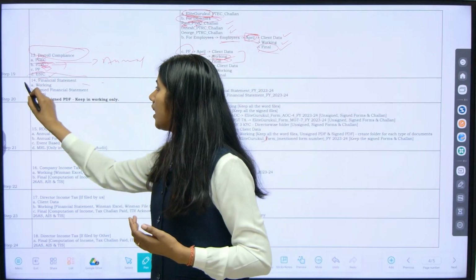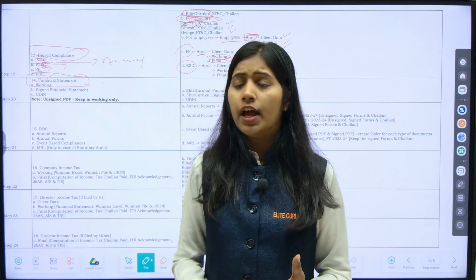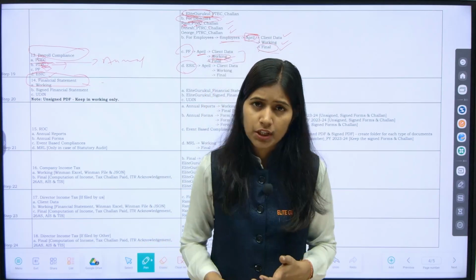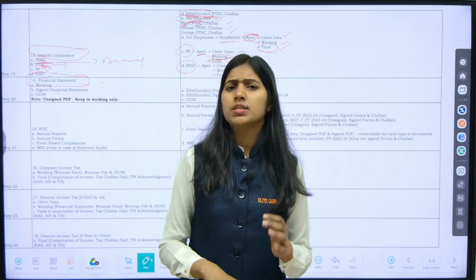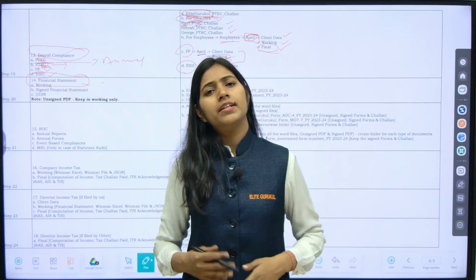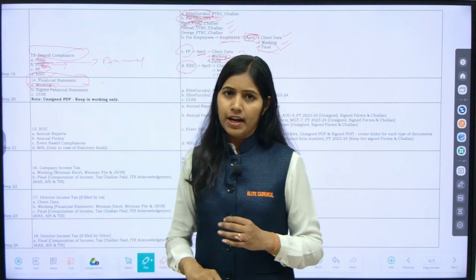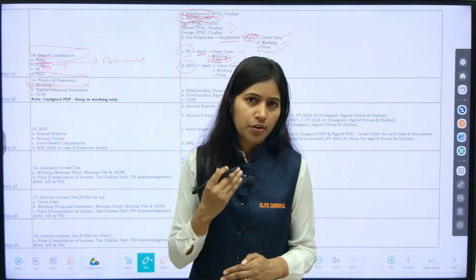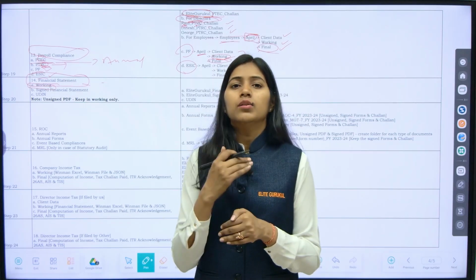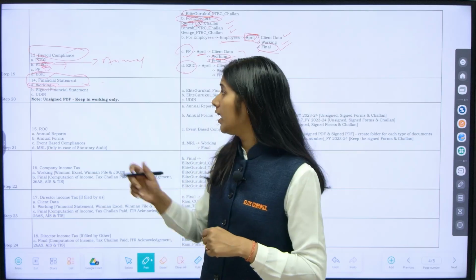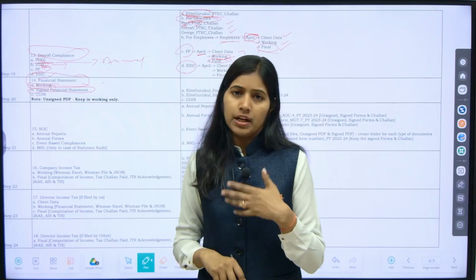Next comes, now this is an annual thing. Annually you are supposed to prepare the financial statement for all the entities. So when you are preparing the financial statement, the client has given you all the data with respect to his company, so preparing the financial statement is easy. What you are supposed to do: in the working file, whatever software you are using, you will keep the software data there, or if you are not using any software, then the working through which you have prepared the financial statement you will keep there. And once it is done, you are supposed to keep the signed financial statement.